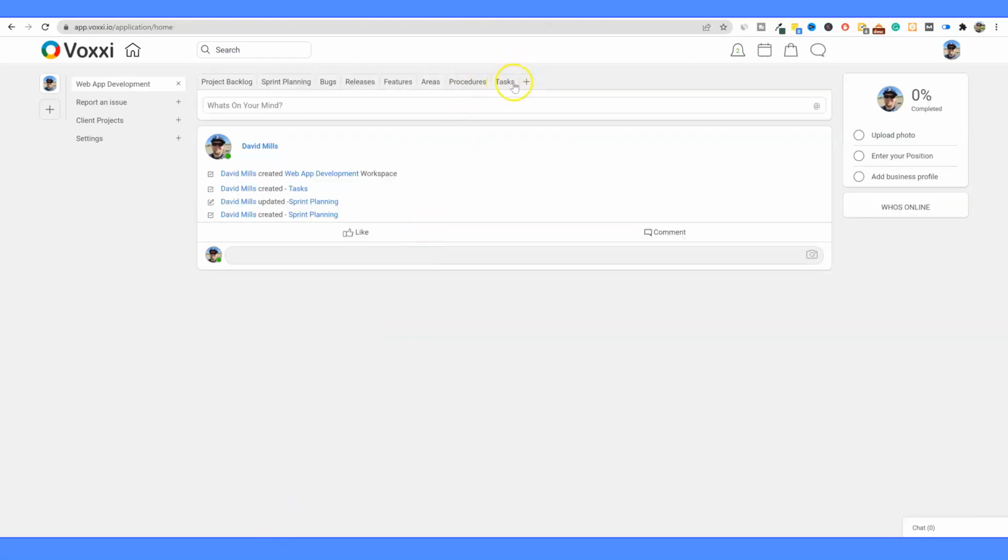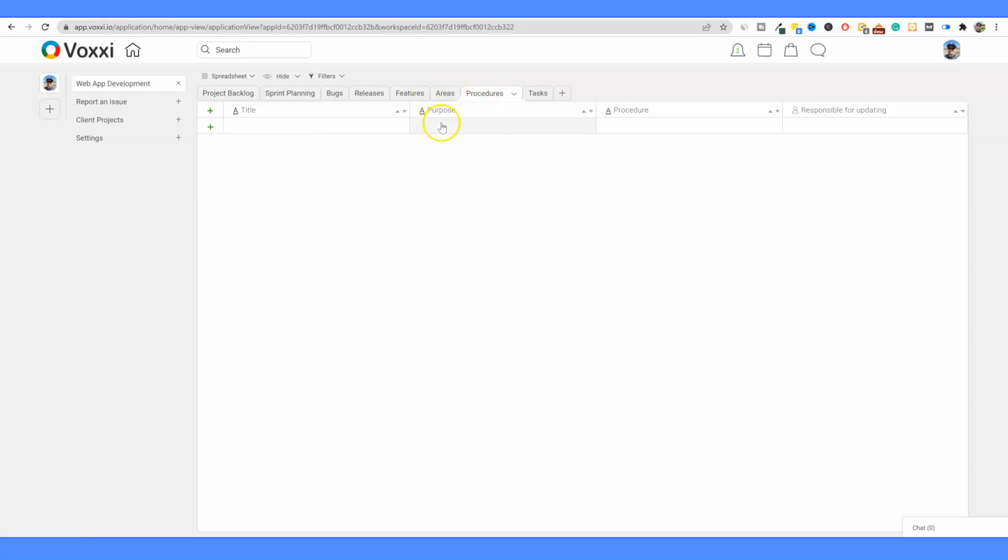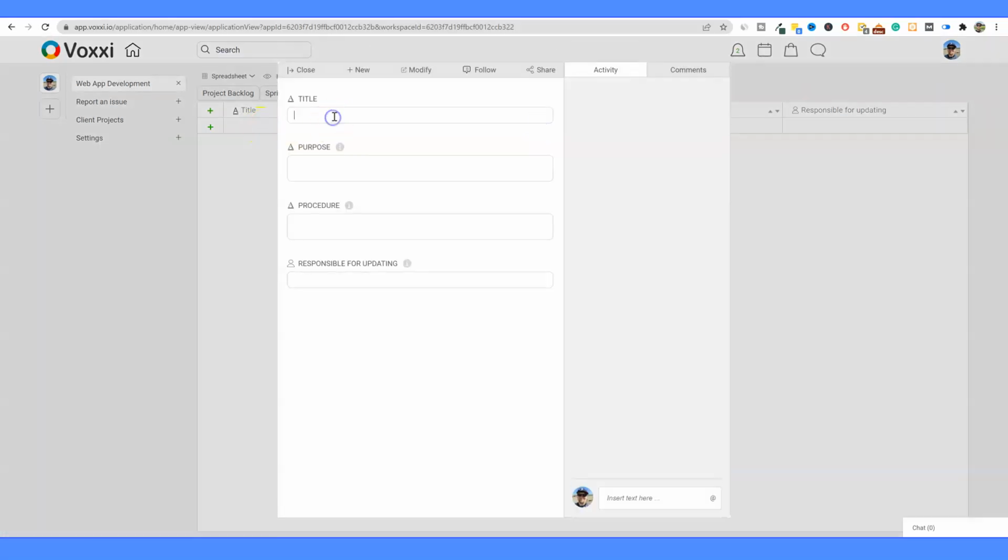I want to see if they have a template for the Kanban management, right? So here's procedures, and you could put in here maybe right here, let's just say we needed to publish. You could put the purpose in there, but obviously we're publishing it maybe on Amazon or something, so we're trying to make money. I'm not going to fill that part out. The procedure, and we can just put SOP, follow SOP for publishing a coloring book on